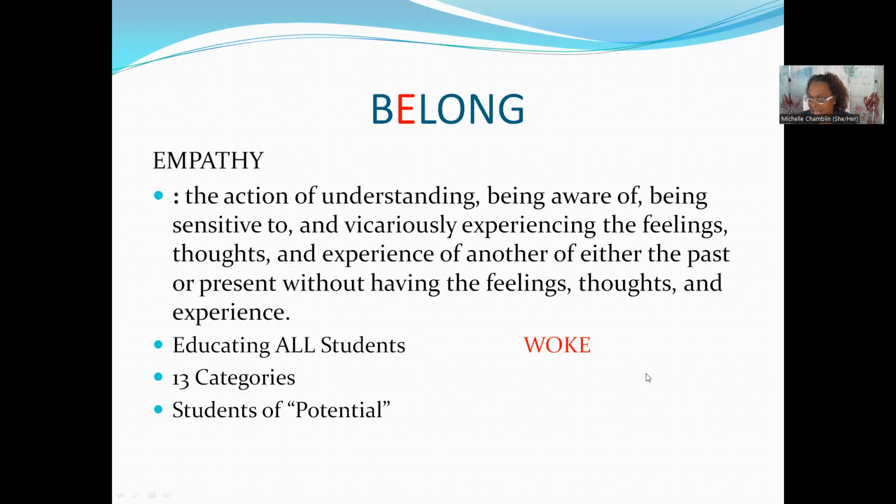You cannot be inclusive if you have no empathy. And empathy is the action of understanding, being aware of, being sensitive to, and vicariously experiencing the feelings, thoughts, and experience of another, of either the past or present, without having the feelings, thoughts, and experience. So you don't know what it's like to have auditory processing